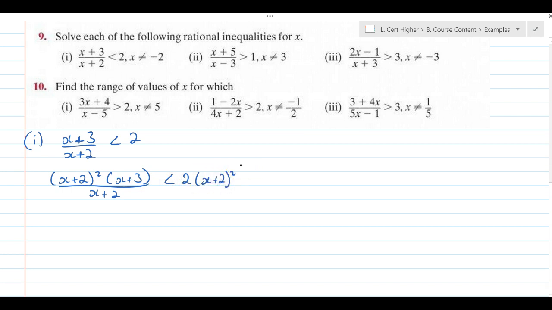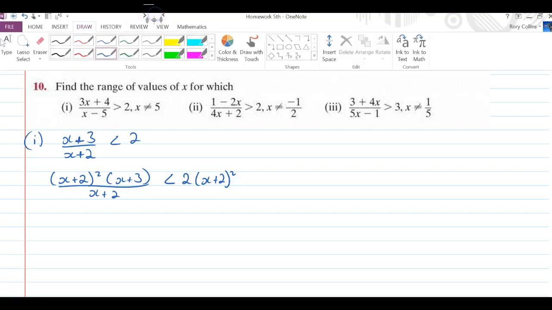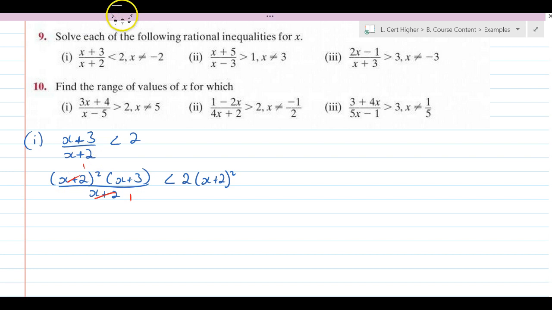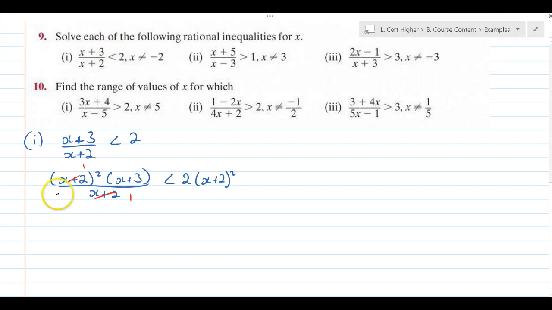And as we said yesterday, the reason we're multiplying by x plus 2 all squared is to ensure that that is a positive number, therefore the inequality sign does not have to be flipped. So on the left hand side we have a common factor. x plus 2 goes into itself once, leaving me with x plus 2 by x plus 3 less than 2 by, well, we have a perfect square here, so we